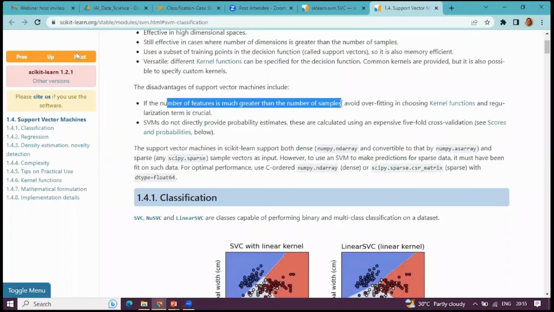So you will find the number of features is much greater than the number of samples. In that case, overfitting becomes a much bigger problem. So you have to be very clear about the choice of the kernel function and the regularization function because